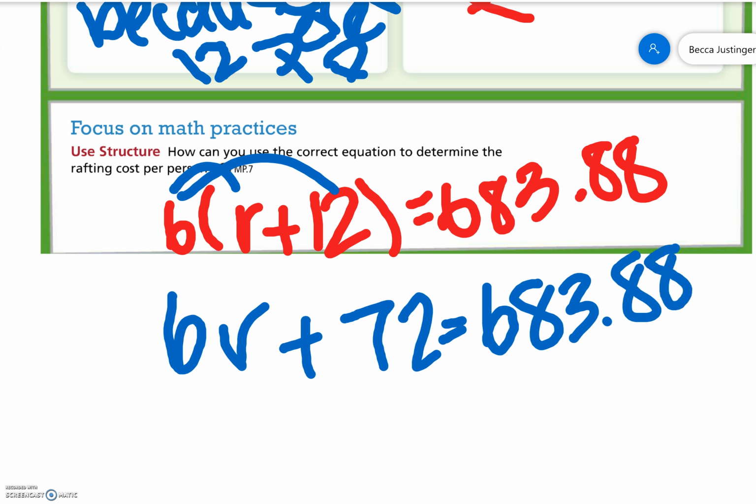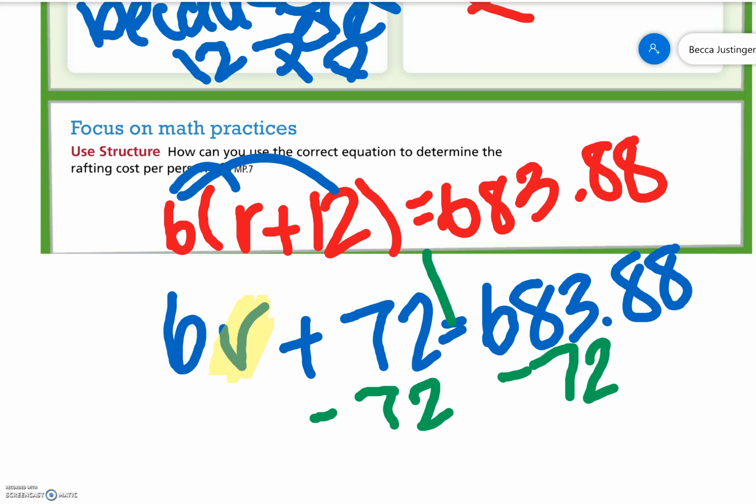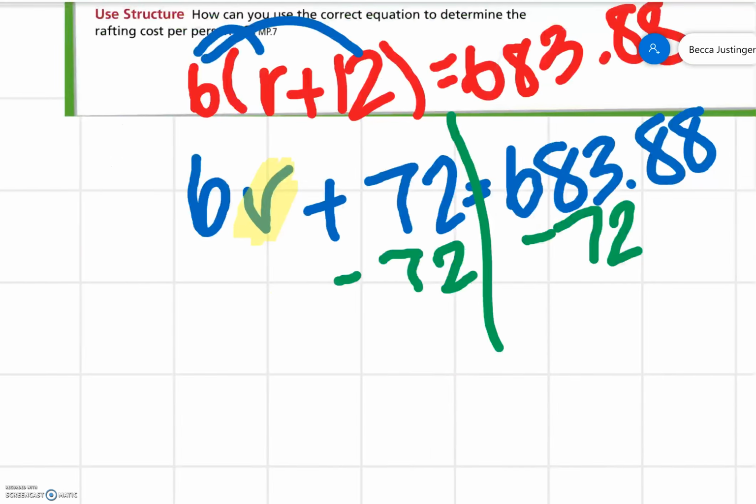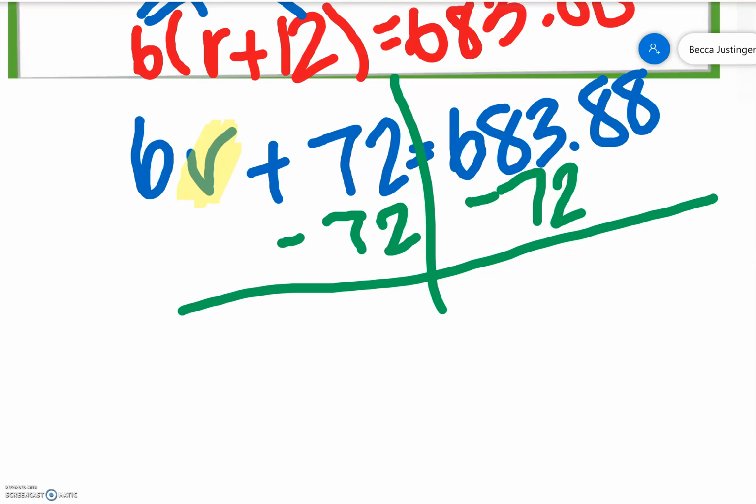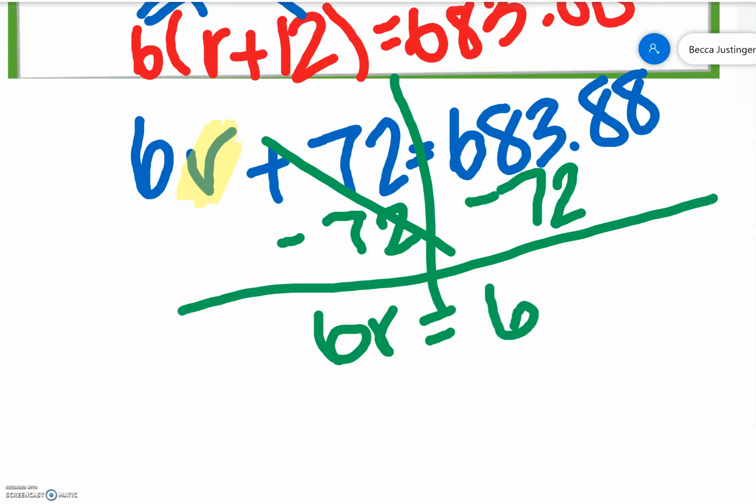Now remember, back from last lesson, we're trying to get the r alone. We have to work the farthest away from r. So right now the 6 is directly touching the r, so we can't get rid of it yet. So we're going to get rid of that 72. The 72 is positive. To do the opposite, we are going to subtract, because positive 72 minus 72 is equal to 0. Whatever you do to one side, you have to do to the other. So we're going to subtract 72 from both sides. And this cancels out. We bring down our 6r equals 683.88 minus 72 gives me